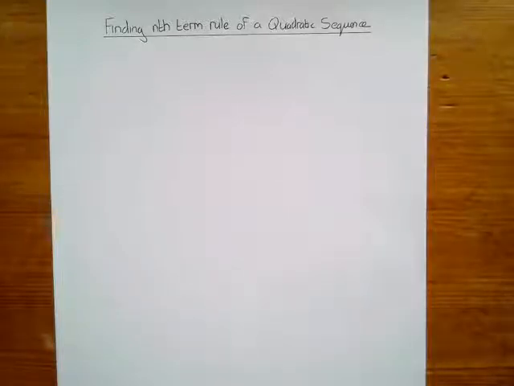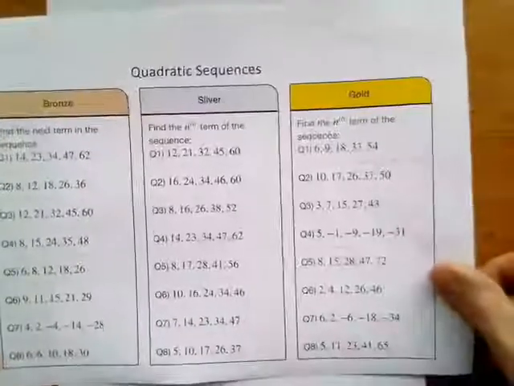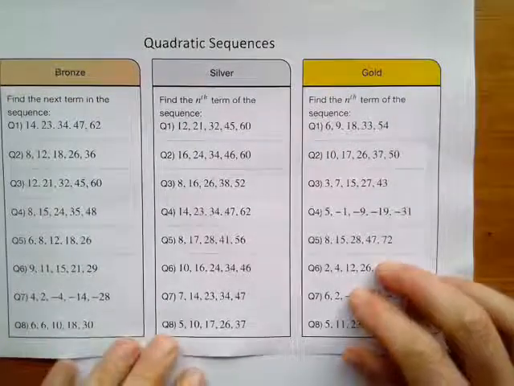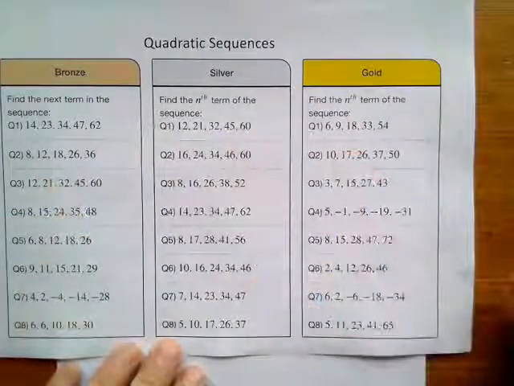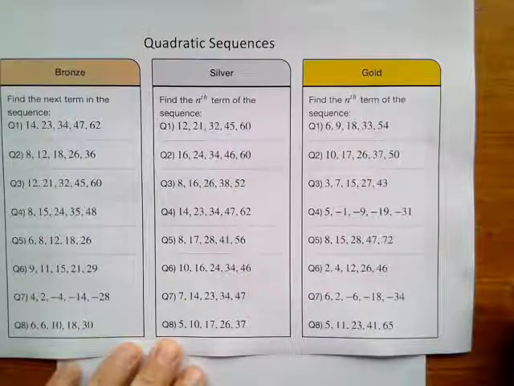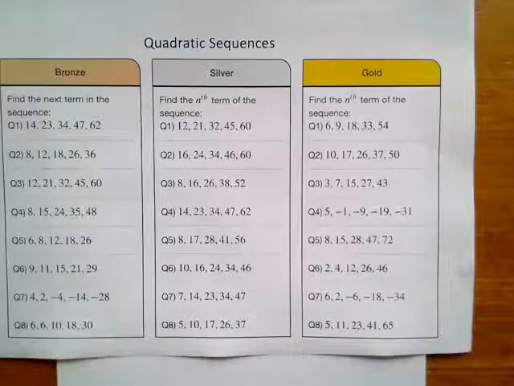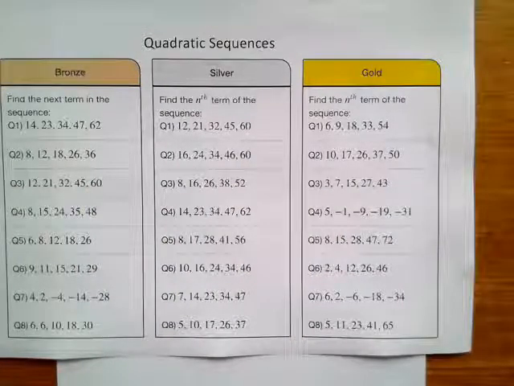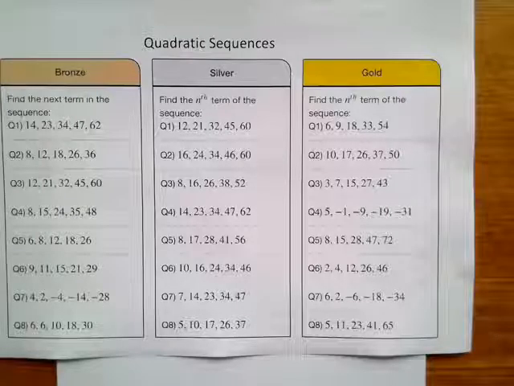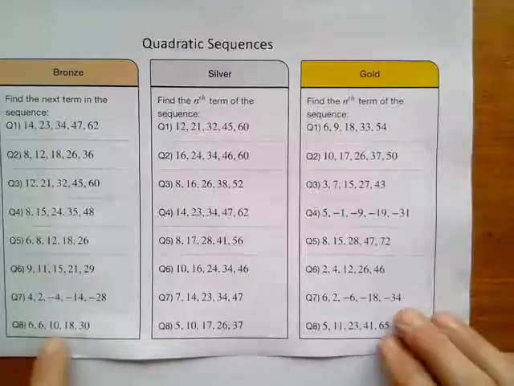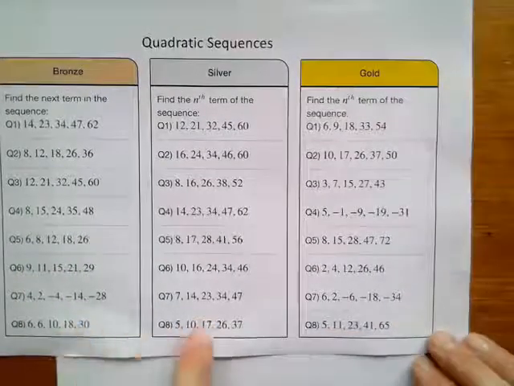But anyway, you're going to be answering the sheet which is attached to the lesson, which I've got a copy of here. Okay, quadratic sequences. I'm not necessarily expecting you to do all of these. That would take way too much time. So you're probably going to be doing a few, maybe 3 bronzes, 3 silvers and 3 golds, depending on how fast you are at doing this. I don't want you to spend more than an hour or so on this, and that would be absolutely fine. What I'm going to do is I'm going to do these 3 questions here as my examples,